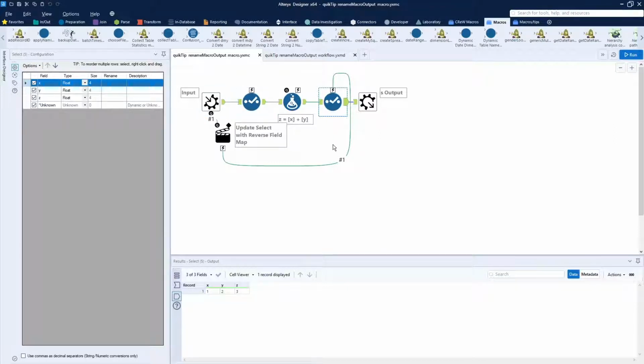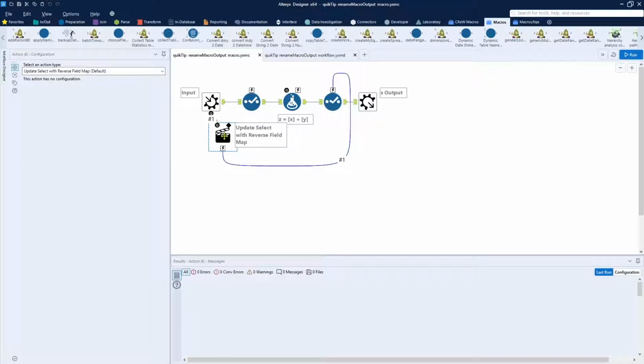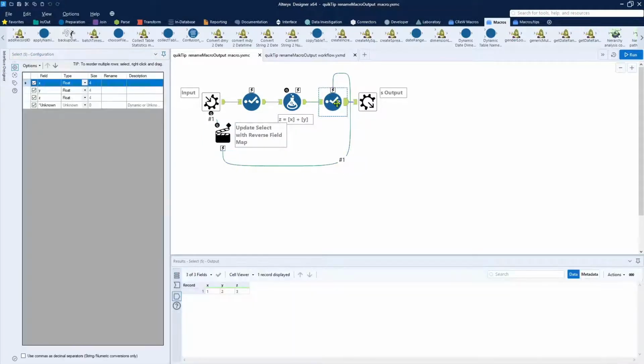and do the work. But Alteryx keeps some really good metadata working on your processing, so it knows the name of the column that went into the macro. And so therefore you can do this action, which is in the drop-down list of Update Select with Reverse Field Map. That's a very, very tough way of saying: put the field names back to what they were when they started. So what this will do is turn fields X and Y back into A and B